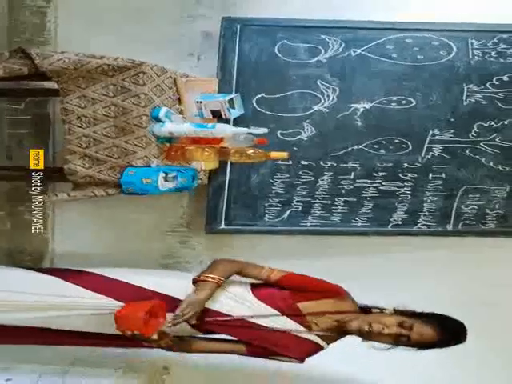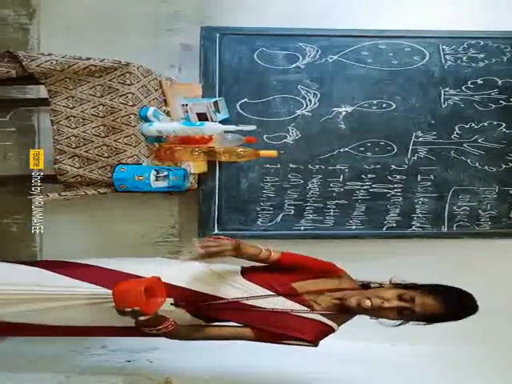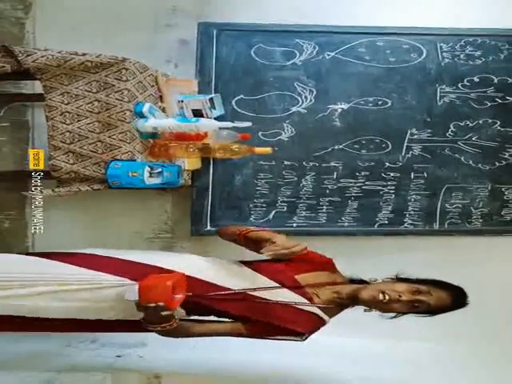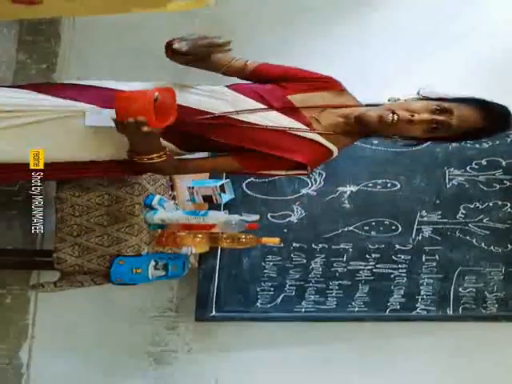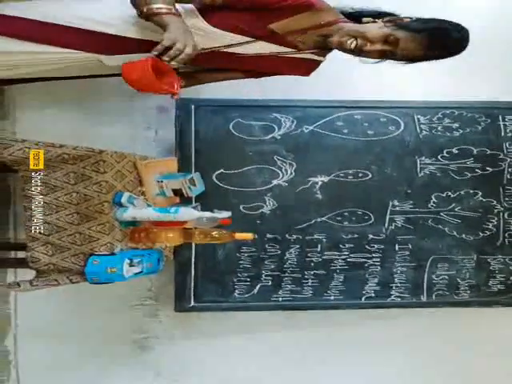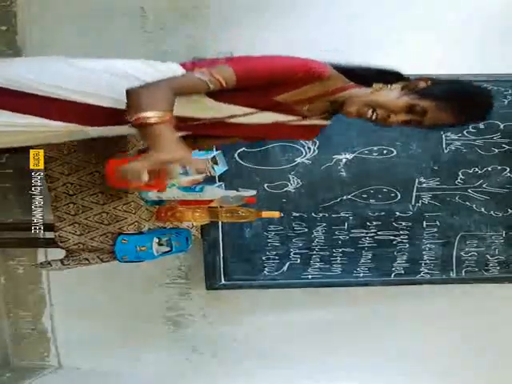Why? Because these are enclosed in the box. That means inside any object, it has a fixed boundary, so that is known as inside. You see, the car is inside, the chalk is also inside, the eraser is also inside, the leaves are also inside.